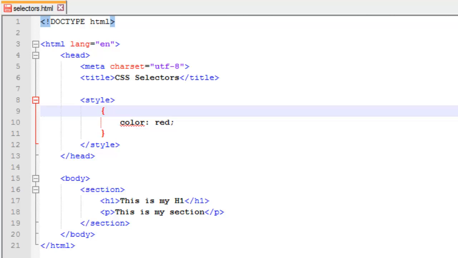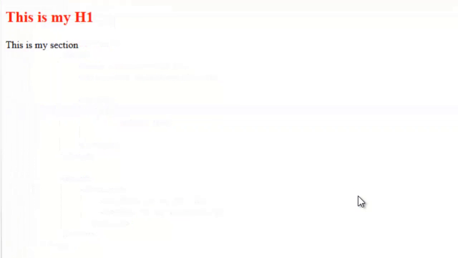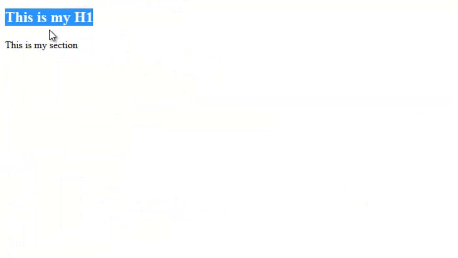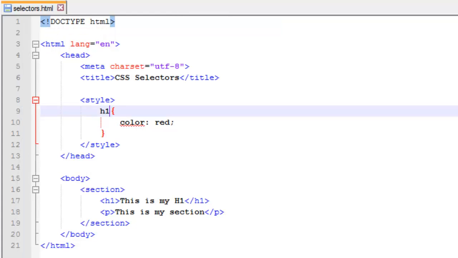Alright, next, like I showed you before, you can target elements by type, and type is like if I put P for paragraph or H1 for header 1. I'm just going to target my H1, and this is targeting by type, and you can see only my H1 is affected there. Of course, by doing this, if I was to change this to P here, and I was to add another paragraph,